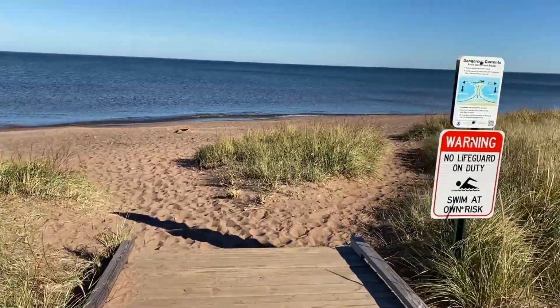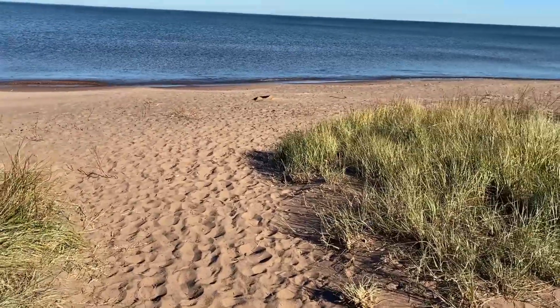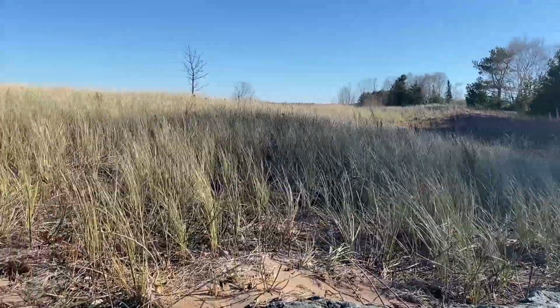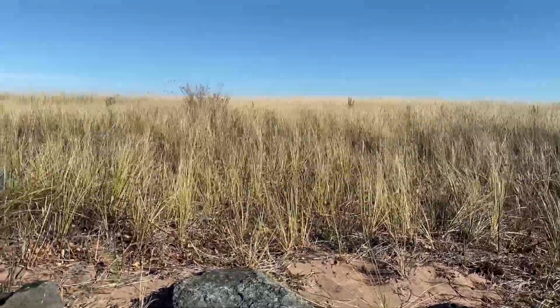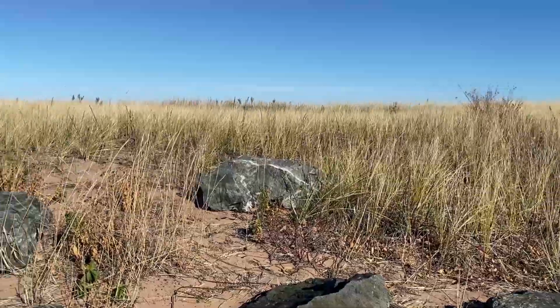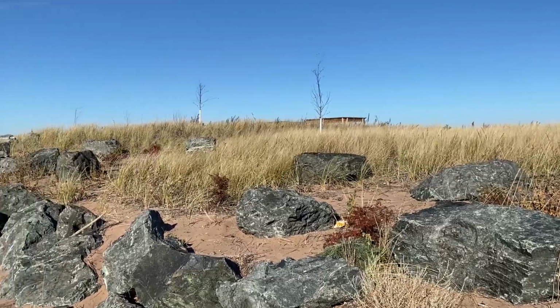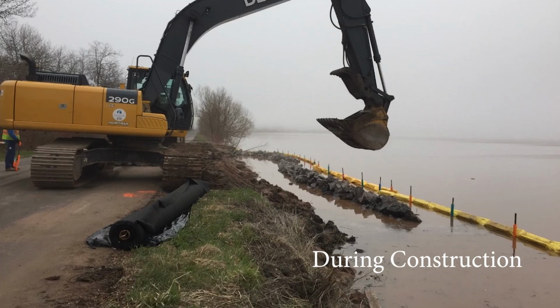If you're thinking about a restoration or living shoreline project on your property, it's important to consider how your project may disturb the site, limitations of equipment being able to access your site, and other factors that can increase your project costs and the long-term maintenance required. If you need assistance in designing a project, consider reaching out to a restoration contractor or engineer to go through your options. The Wisconsin Point projects demonstrate that these nature-based approaches work in Lake Superior, and these techniques can be